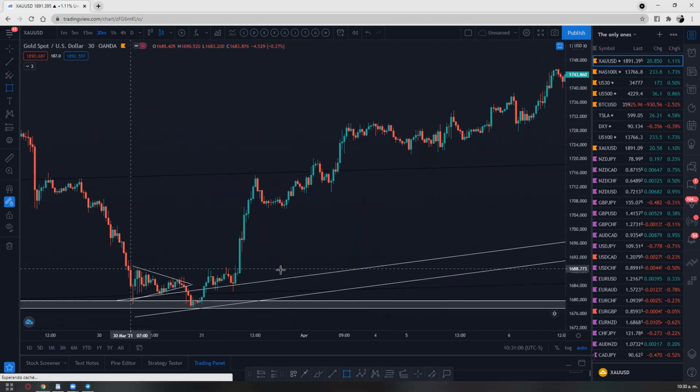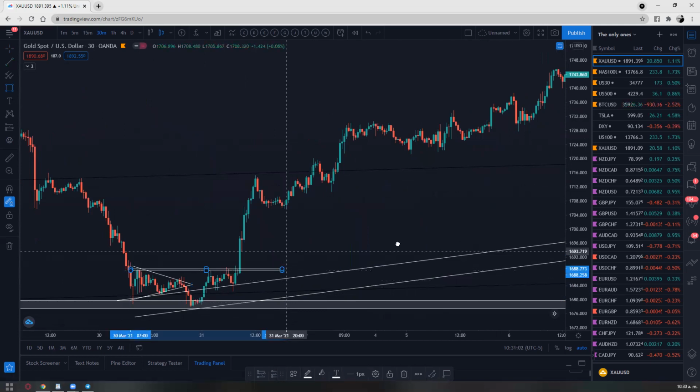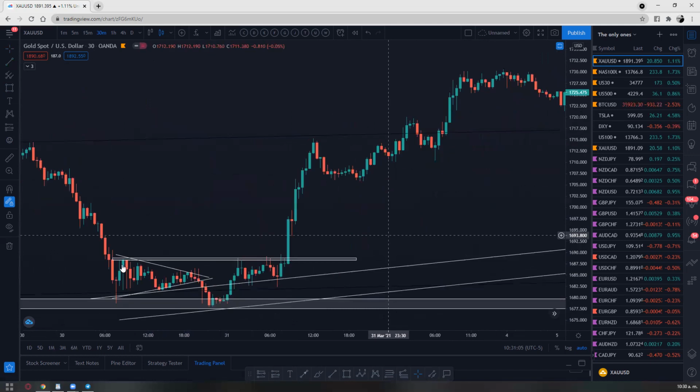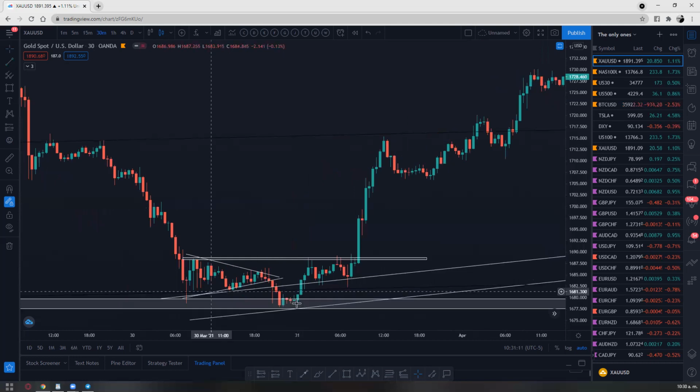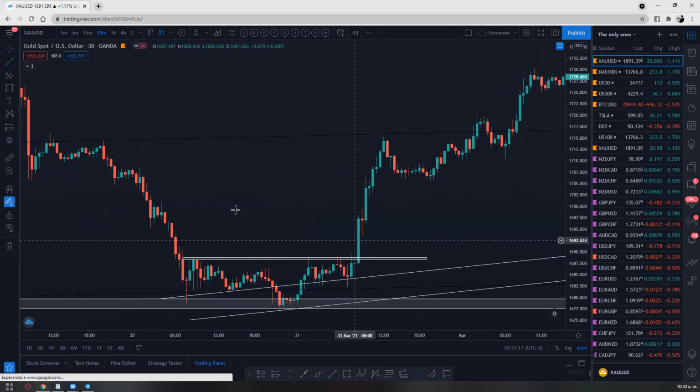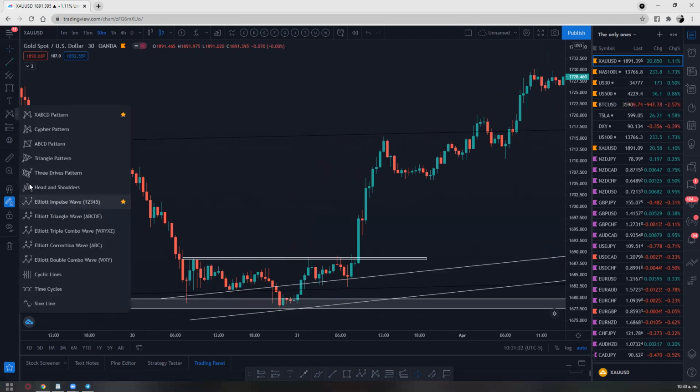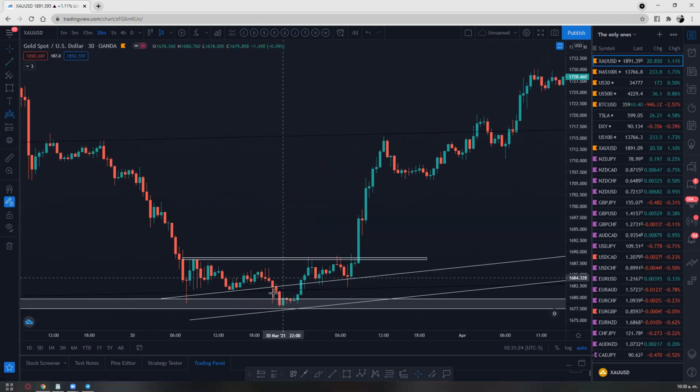So you have to be aware of the previous highs, which was right here. If you think about it, and if you see it from a closer perspective, it also looks like some type of head and shoulders pattern. So you're starting to see more and more patterns as you go in. Let me see, head and shoulders here. So it looks like something like this.